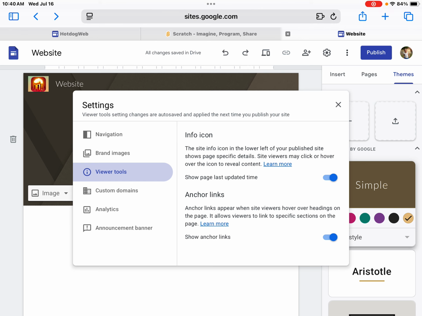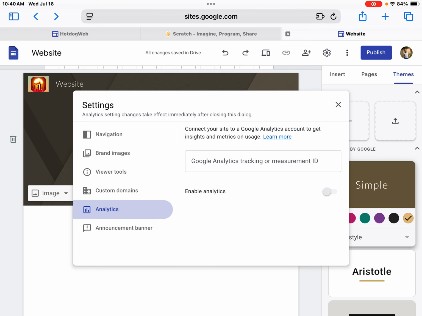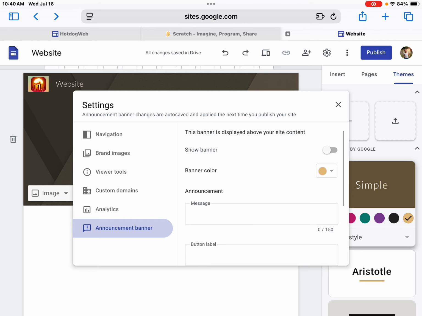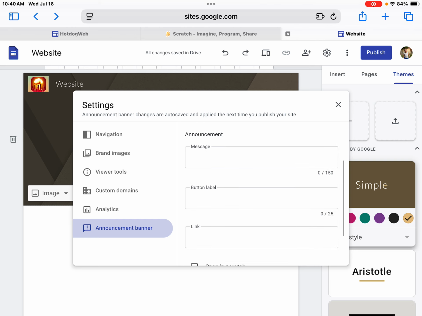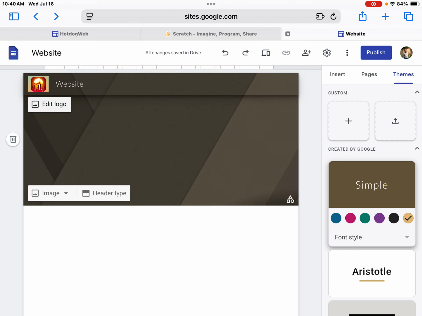Viewer tools. You can do all of this stuff. Custom domains. You can find another video about that. And you can enable these if you want. But announcement banner. You can show the banner color. You can choose the color. You can add a message, button label, link, open in a new tab, home page only, or all pages. You can choose what you want. But for now, if you go,